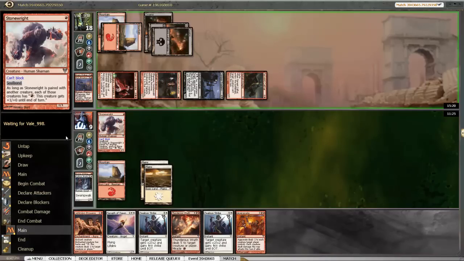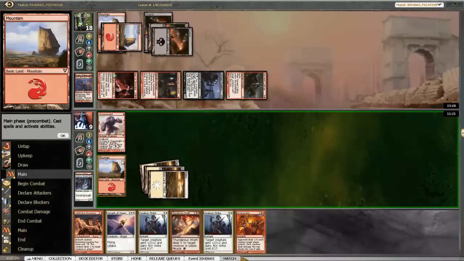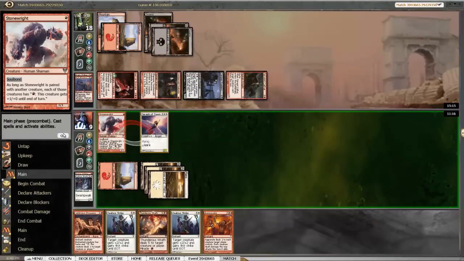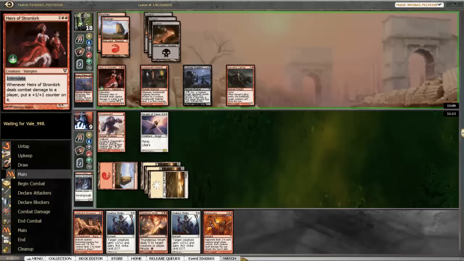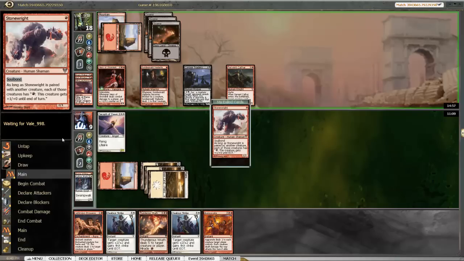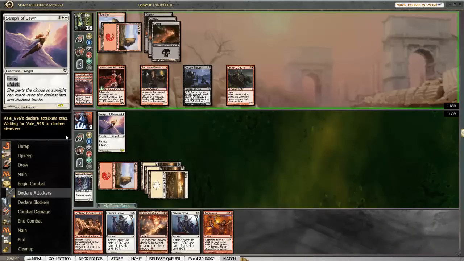Well, the only thing I pray we draw right now is a land. At least we can get our Seraph out. Alright. Well, I don't know how well this is going to work out, but yes, I will use that ability. Okay, Pillar of Flame that. He's swinging with